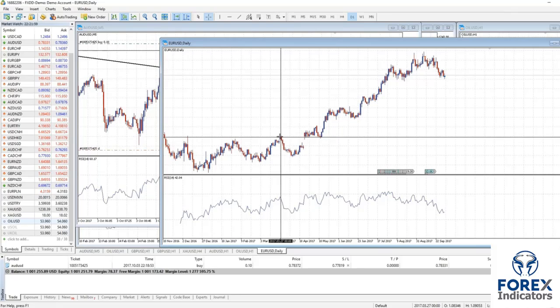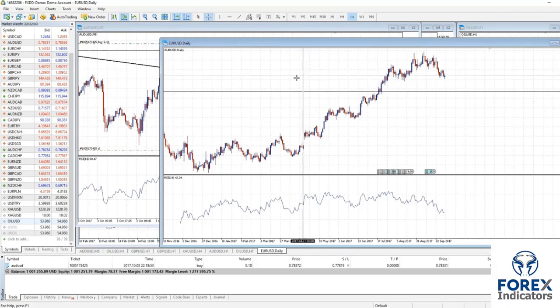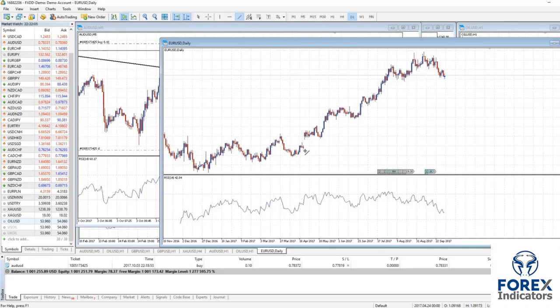1.0864 was a high price point for Euro USD, and you decide to get into a short position, as this pair starts to sell off, you're making a profit, but if this pair continues to go upwards, you'll be sitting in a loss. So it's important that you guys are putting in a stop loss, because if you did not put in a stop loss and you got into a short position, well, as this pair continued to climb up, you'd be sitting in a bigger loss as the days went by.